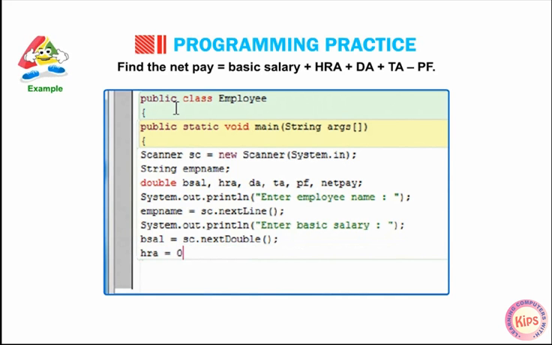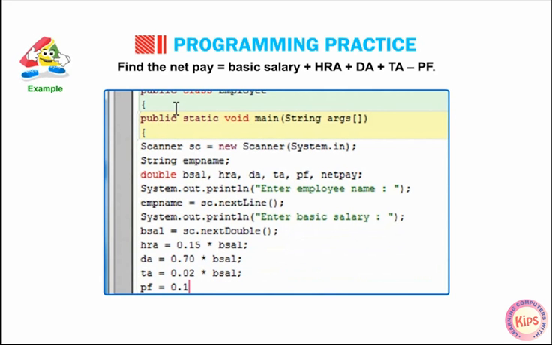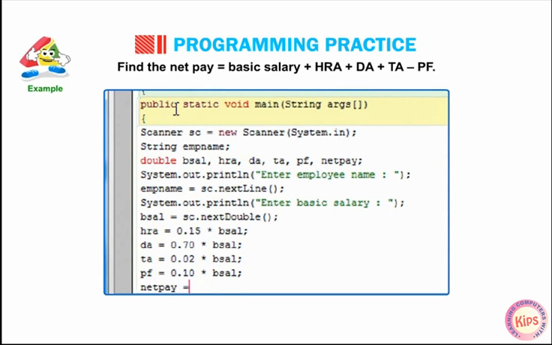HRA = 0.15 * basicsalary; DA = 0.70 * basicsalary; TA = 0.02 * basicsalary; PF = 0.10 * basicsalary; netpay = basicsalary + HRA + DA + TA - PF;